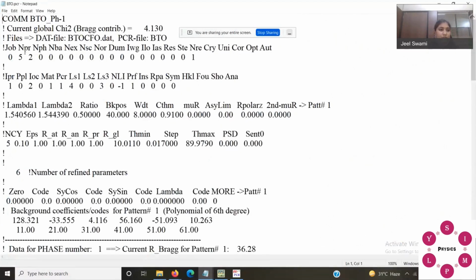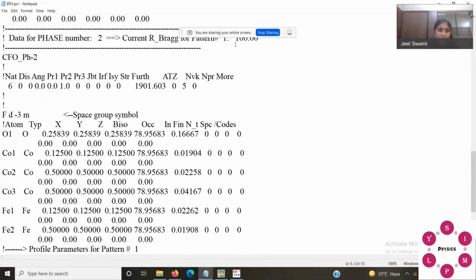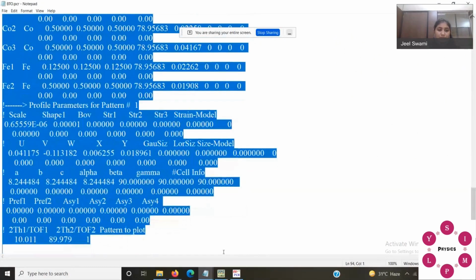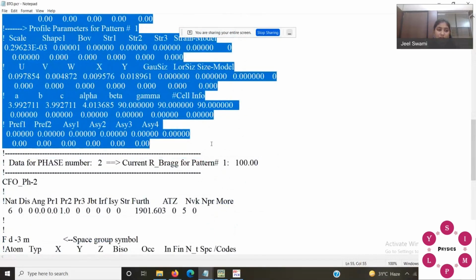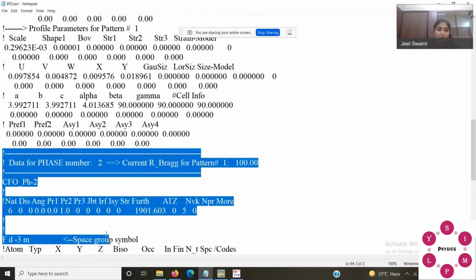Okay. So this is job 0, NPR 5 and NPH. This value you have to change. If you have 3 phases, write 3 here. Whatever number of phases you have, you just have to change this number and paste your secondary phase information here. Okay. So this has the information of phase 1 and just after that paste the information for phase 2.